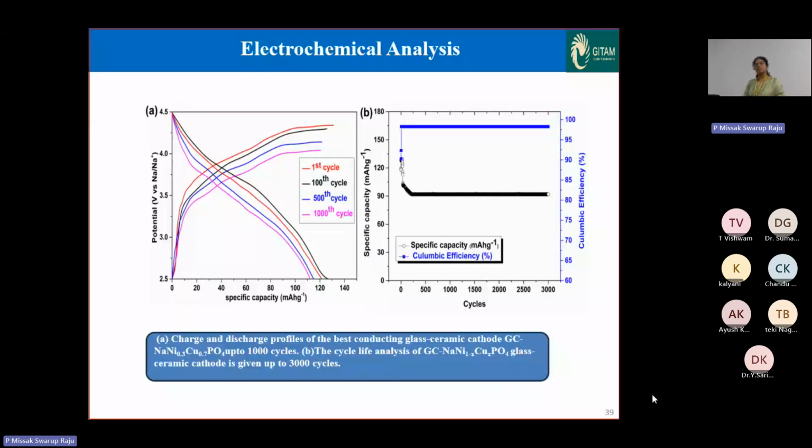Taking the same best sample, what are the potential and specific capacity up to 1000 cycles: the first cycle, 100 cycles, 500 cycles, and 1000 cycles. By increasing the cycles, nearly 3000 also increases. The saturation of the efficiency is also reached there. The relation between specific capacity and Coulombic efficiency at different cycles is observed in all these samples, but the best sample is the combination of the nickel and